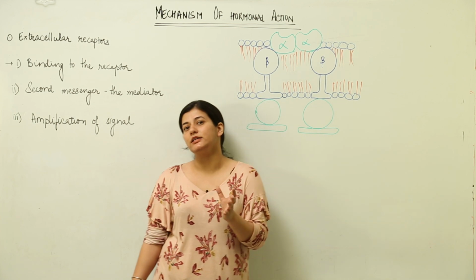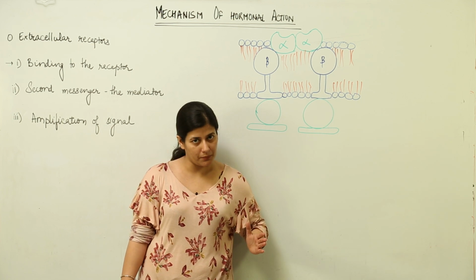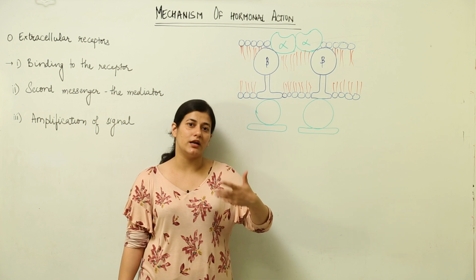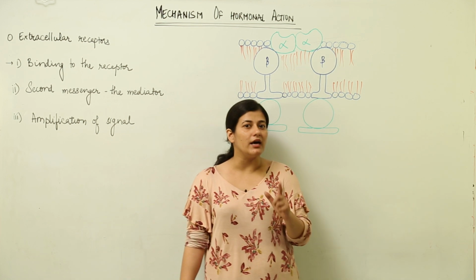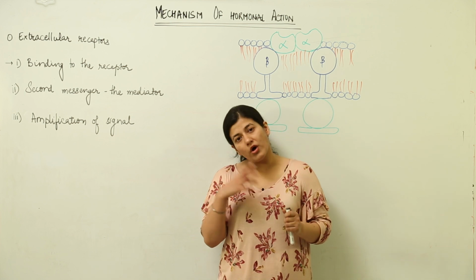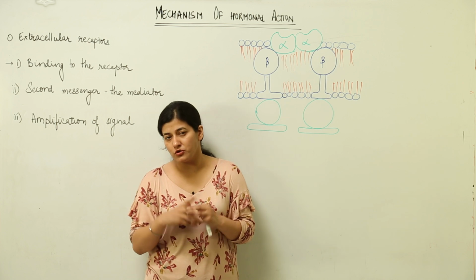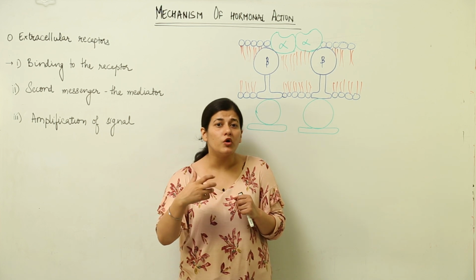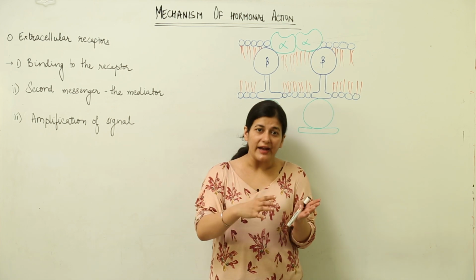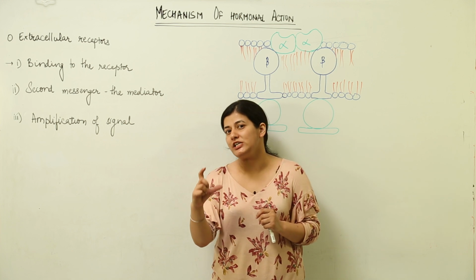See, ultimately the hormone has to bring about a change in the metabolic processes. The metabolic processes are chemical reactions. Either there should be some change in those, which would be done by metabolite production, or it could be a change in gene functioning. As in the case of steroid hormones, you know that in puberty the human body undergoes so many changes. All those changes and that mechanism could be regulated at the gene level only.